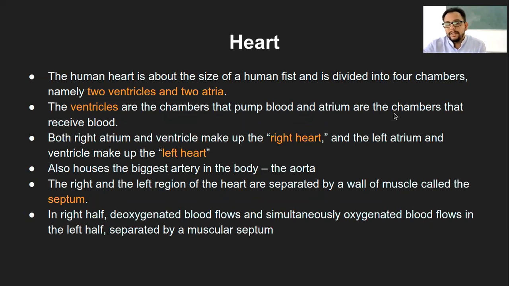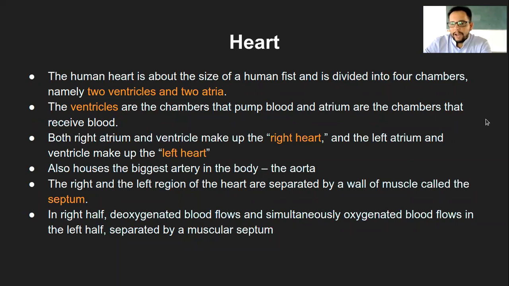And the atria are the chambers that receive the blood. So they will always receive the blood. Ventricles will always pump the blood, push out the blood from the heart. It can be either to the body or to the lungs. So there will be 2 different tracks, one oxygenated and one deoxygenated. The oxygenated one will go to different body parts, and the deoxygenated one will go to the lung for oxygenation. Then it will come back to the heart again.